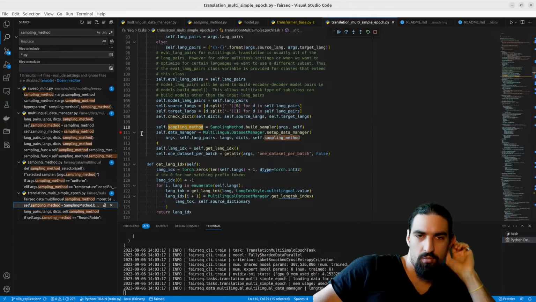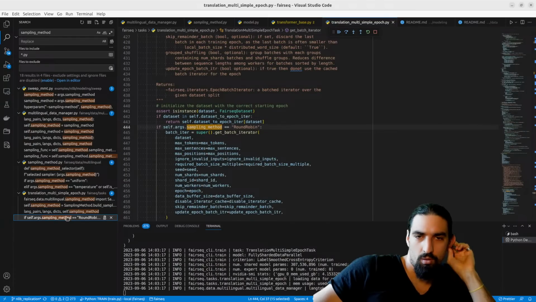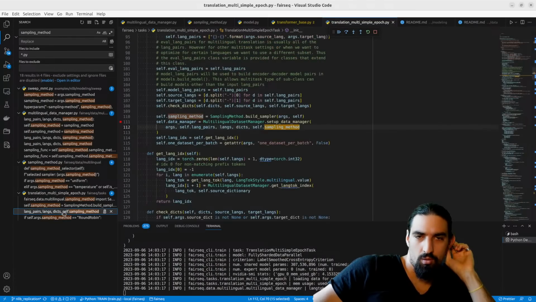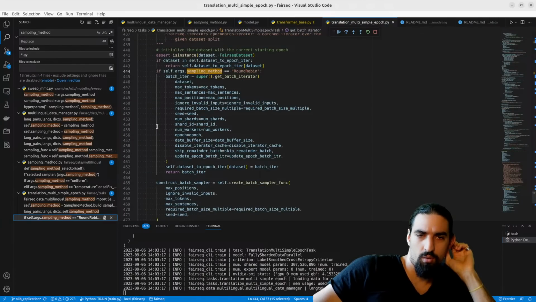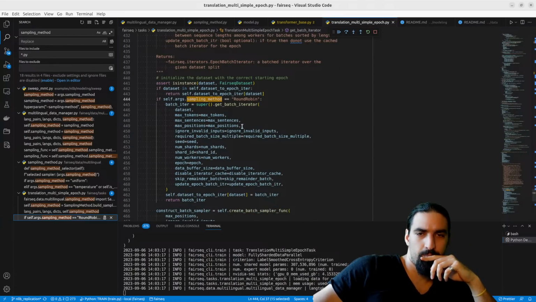Sampling method. Aha. Get batch iterator.